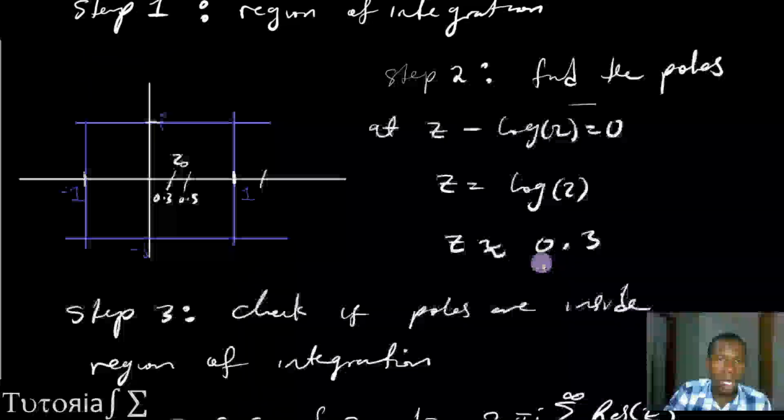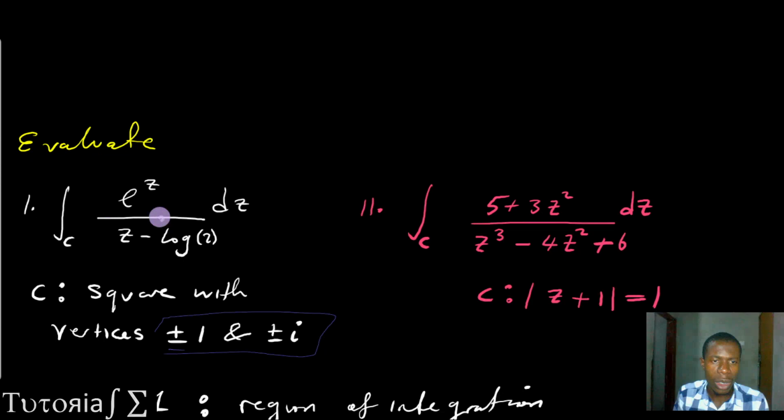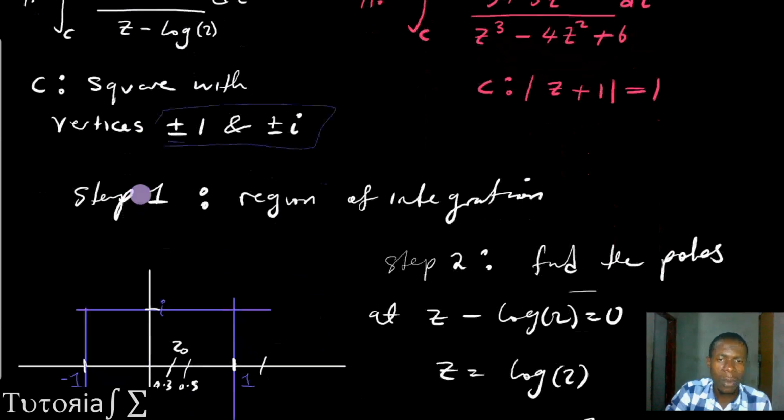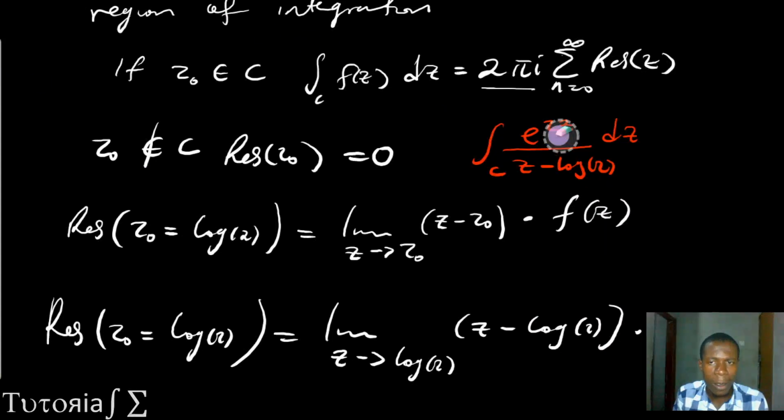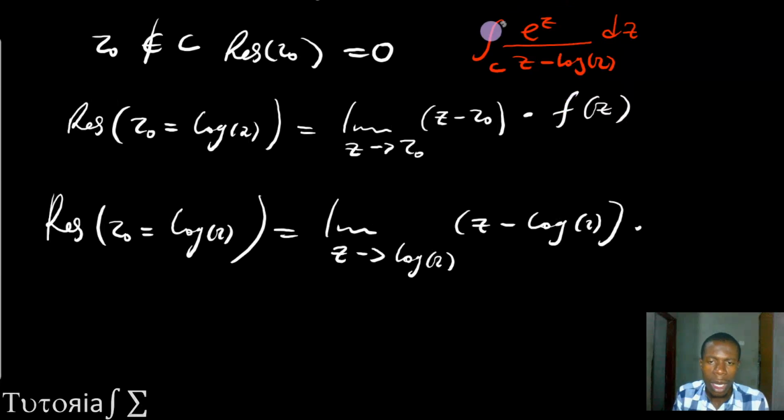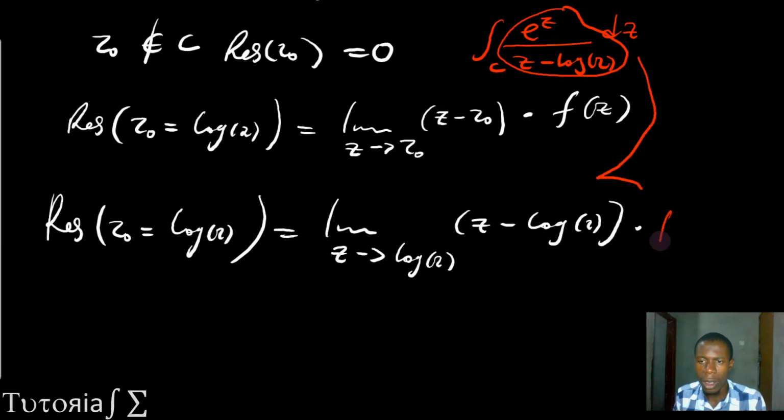Okay. So that is what we're integrating here. For e to the 2, it's just e to the z, not 2z. It's just e to the power z. So now that is what we're going to put here, where there is f of z. So basically we're going to have e to the power z